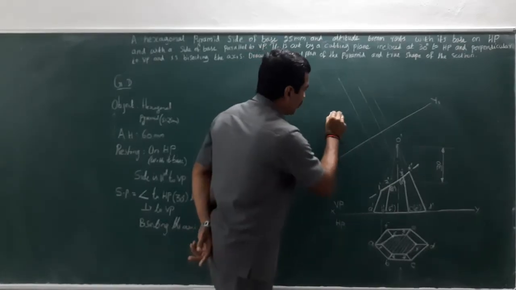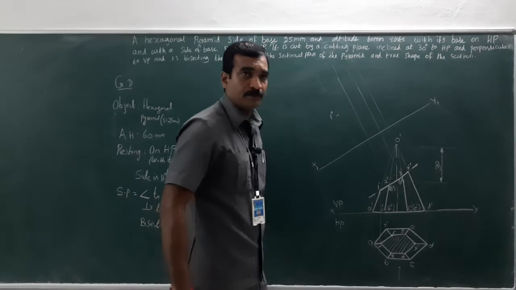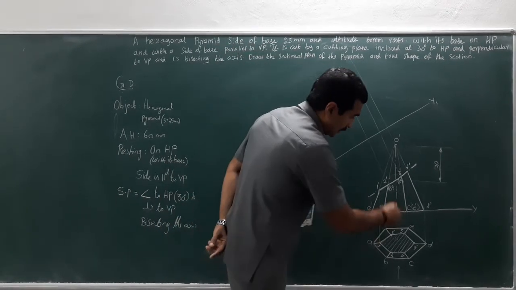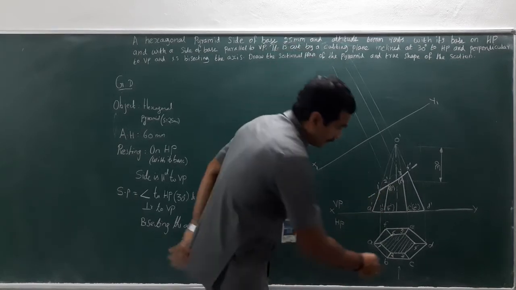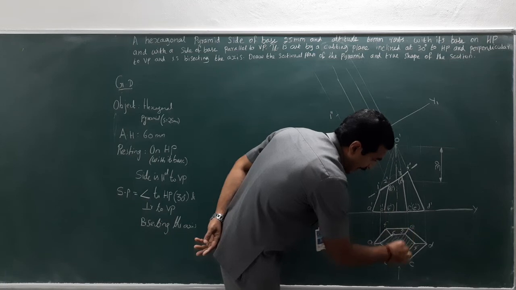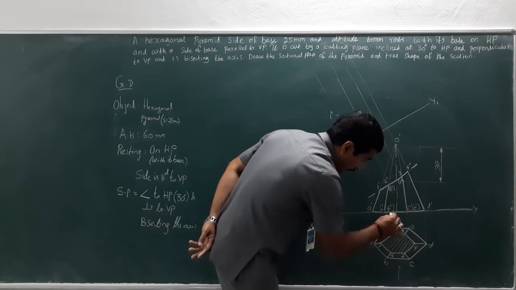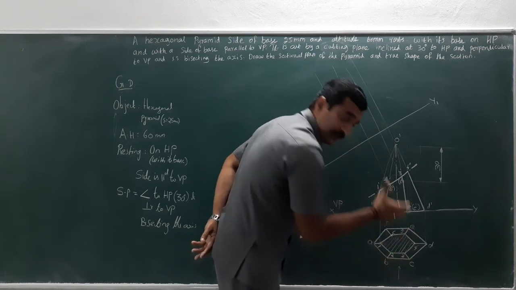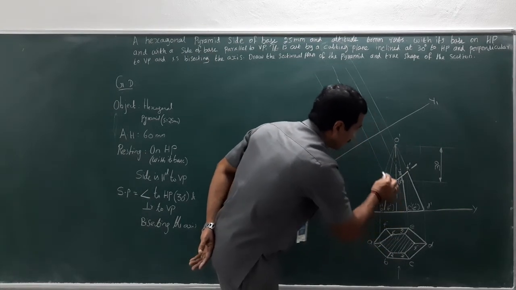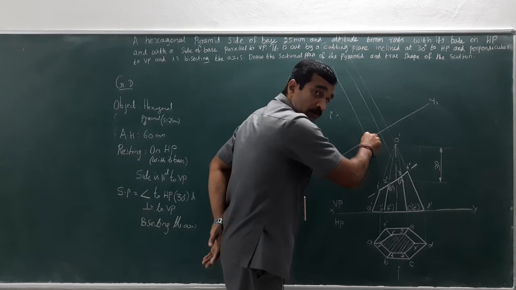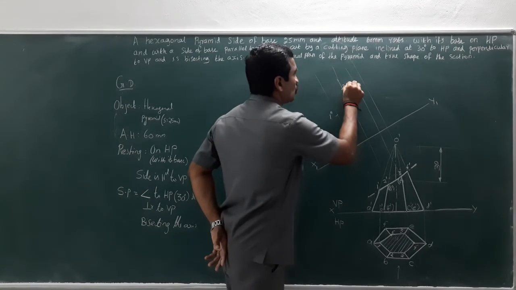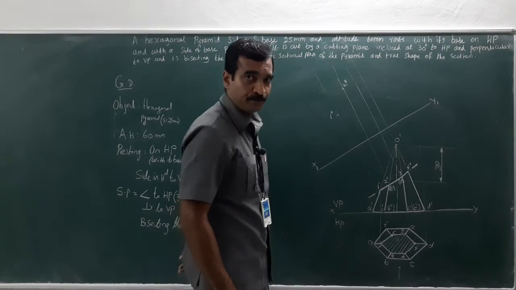This would be 1 double dash. Right? And point number 2, where point number 2 is here. So measure it from the reference line to the 2, in the compass, and look at where it goes. From the new reference line, cut an arc. This would be 2 double dash.